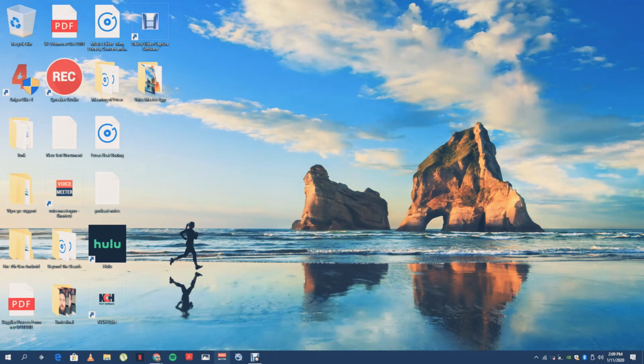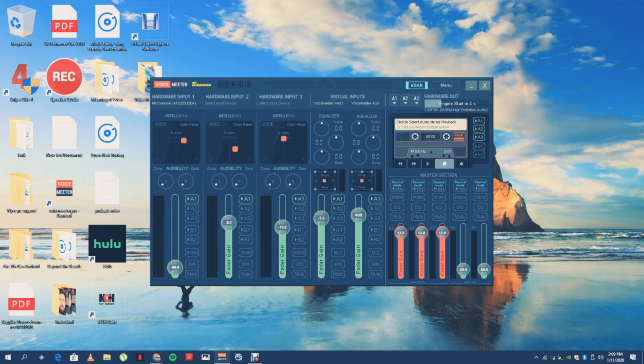Okay, so let's load up the Voicemeeter app. So it has to start its engines. Engine starting in 1 second, 0, done. Okay,